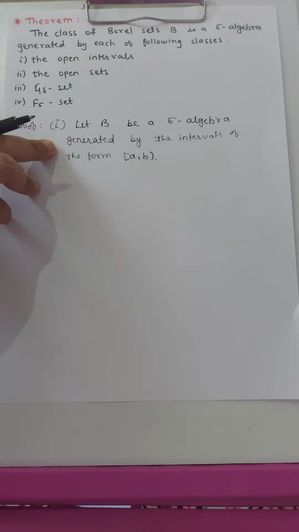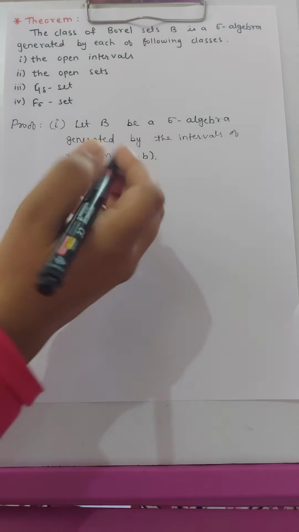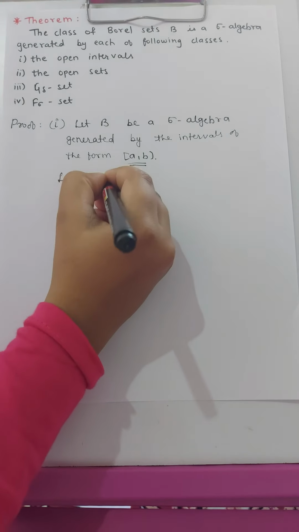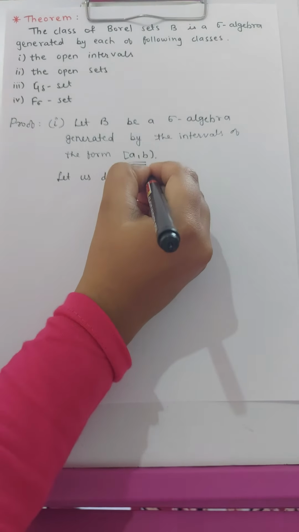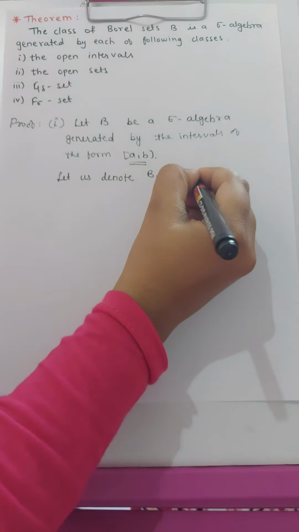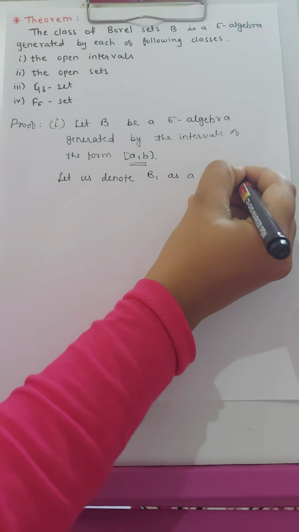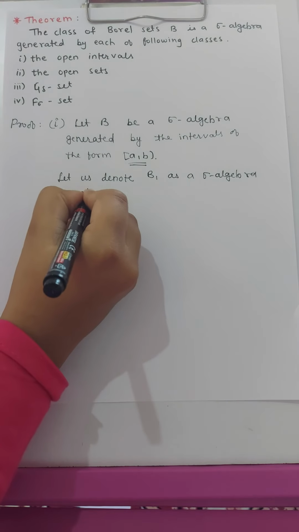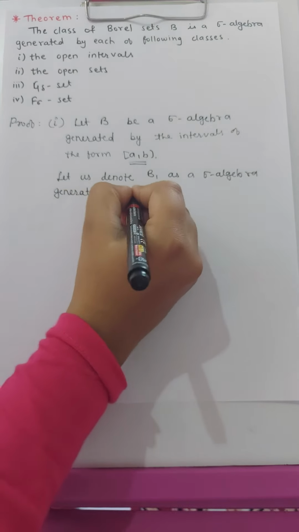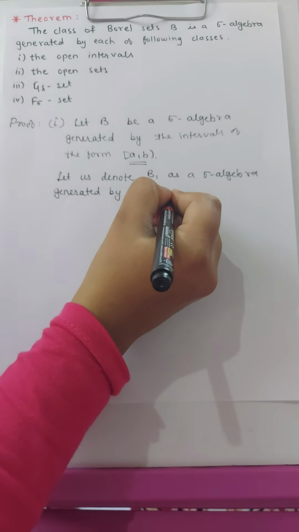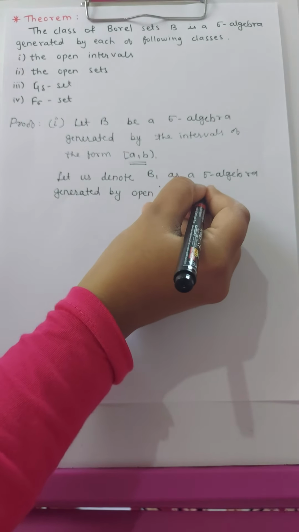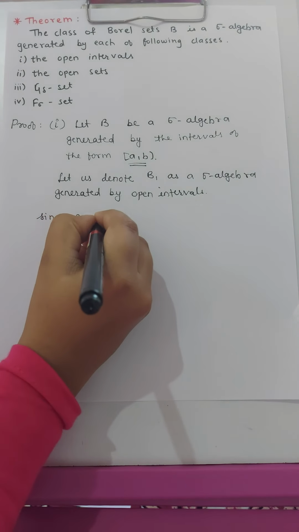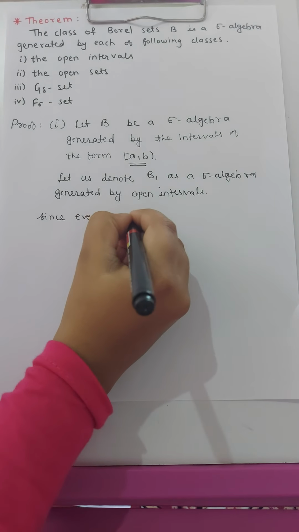Here we have assumed that B is a sigma algebra generated by intervals of this form. Now let us denote B1 as a sigma algebra generated by open intervals. Now since every open interval